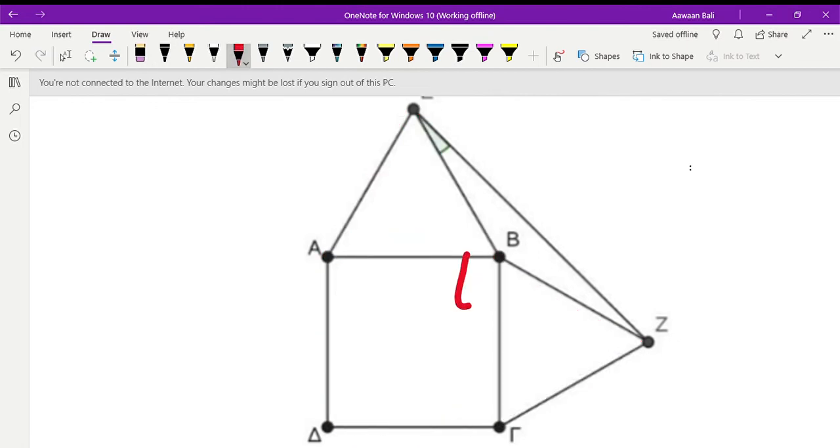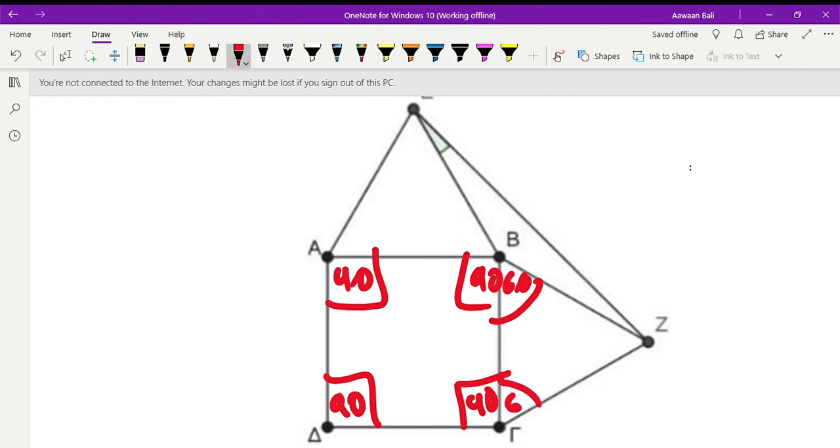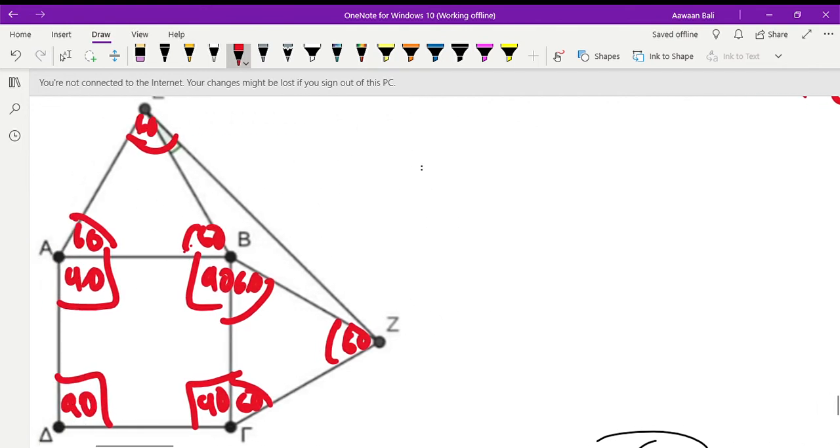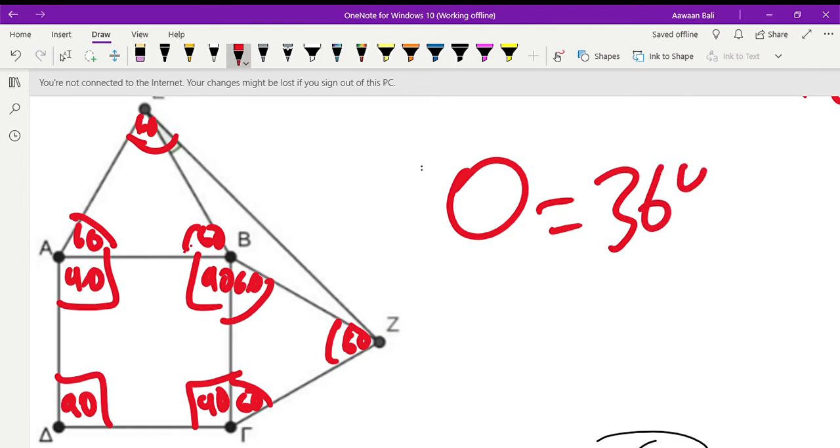For every square, all of the angles are 90 degrees, a right angle. Then 90 times 4 is 360. For equilateral triangles, all the angles are equal, all the sides are equal, which means it's 60 degrees for each of them. And now, since we know a full circle is 360 degrees,